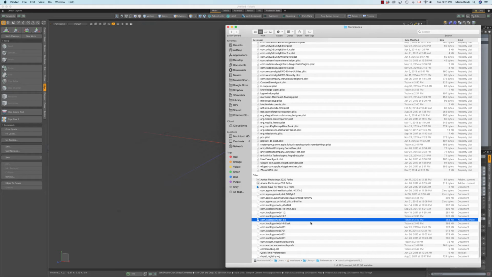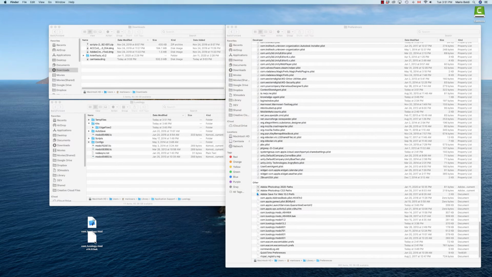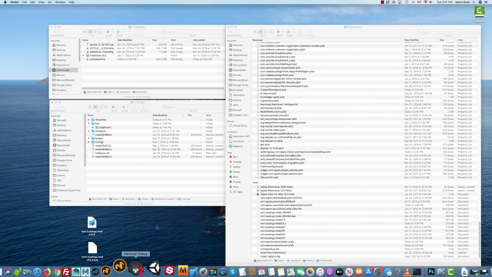It has this kind of weird name, com.luxology.modo, the number of the Modo release, and so on. So what you can do is close Modo. Then if you don't want to delete it completely, you can just move it somewhere if for some reason you want to preserve it, or you delete it. And now there's no trace of it. So what happens is that if I launch Modo again,